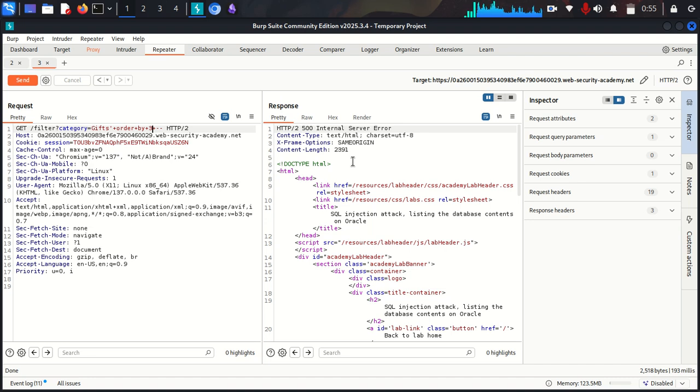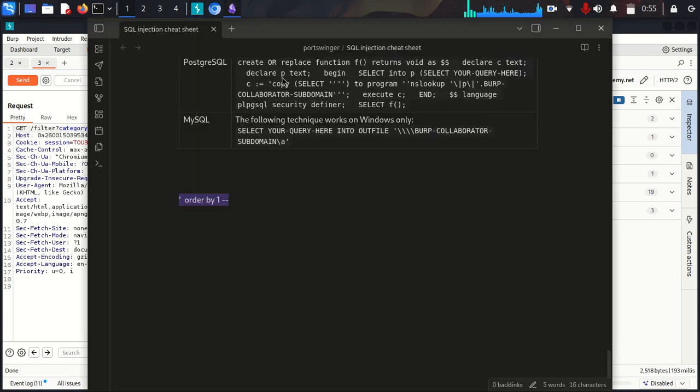So when I say order by 3, we receive an internal server error, but when we say order by 1 and 2, we receive a 200 status code. Simply, this shows us that we do have only 2 columns. So coming back this side, since we know that we have our 2 columns, now this is where we need